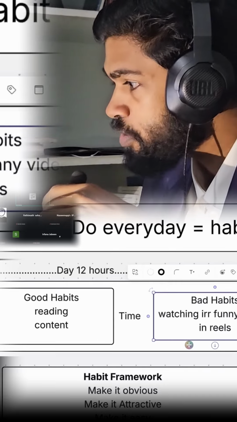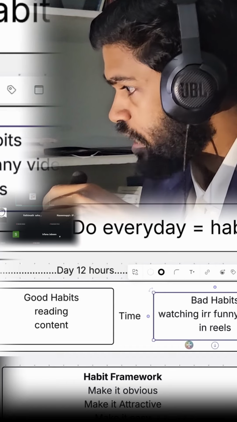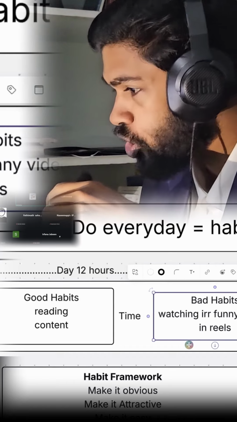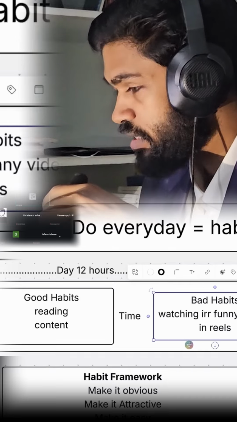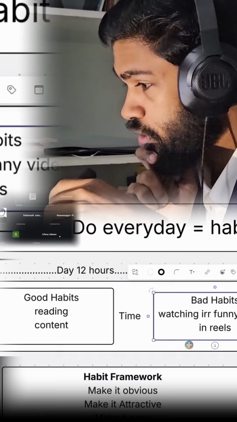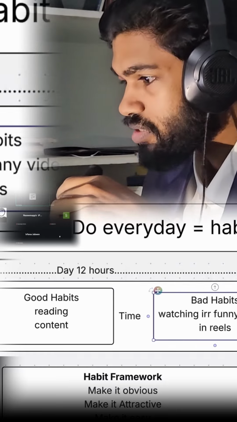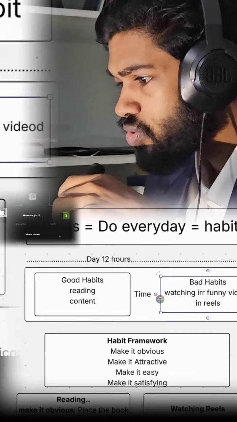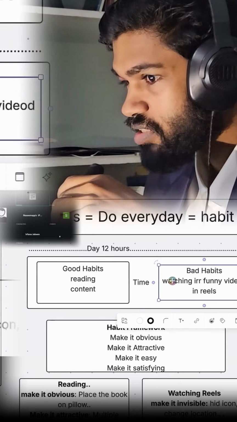But if you have a habit of just touching on the YouTube icon and you're automatically going into the YouTube shorts, and you're scrolling all the way to the bottom and it's not going to end, if you start scrolling it keeps going and it's not going to end, that's definitely a bad habit. So now what I'm going to tell you here is, in our last class we discussed